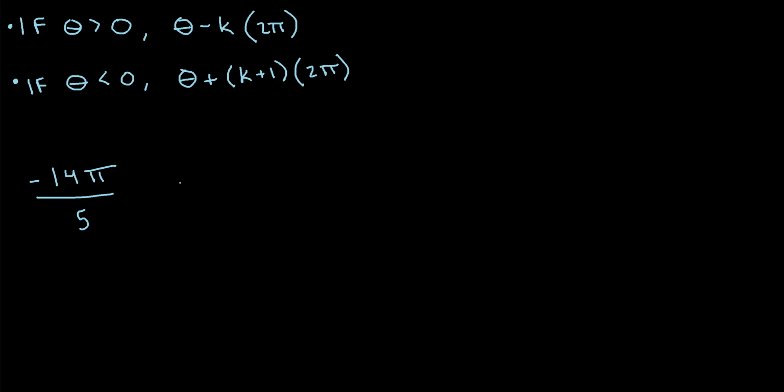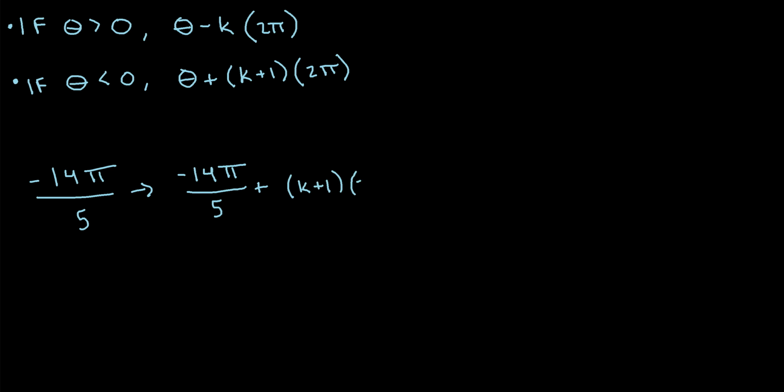Let's try another example. Let's say we have the angle negative 14 pi over 5. Well, for this example, to find a coterminal angle that falls between 0 and 2 pi, we're going to use this second formula here. Since this angle is negative, we're going to use this second formula. So let's write that. Let's say negative 14 pi over 5 plus k plus 1